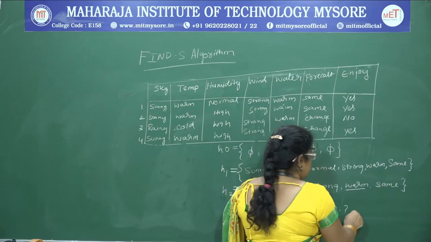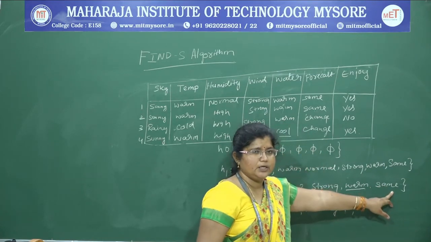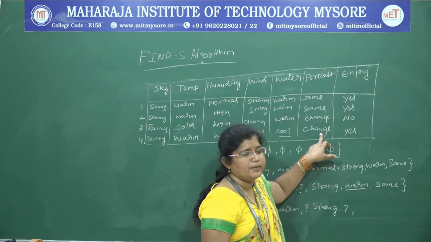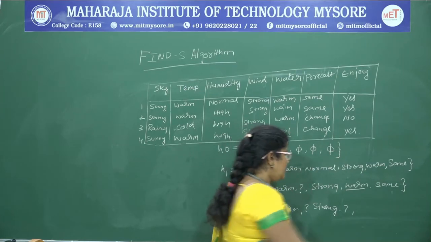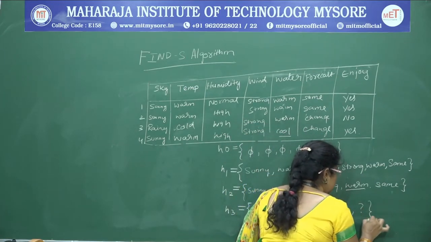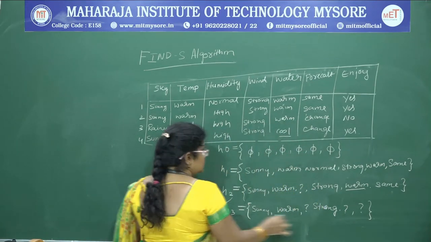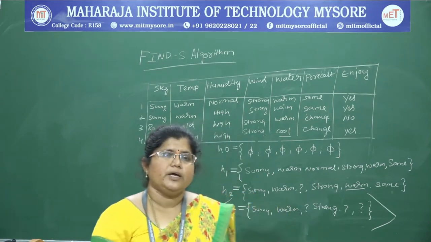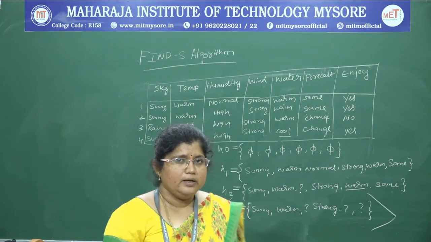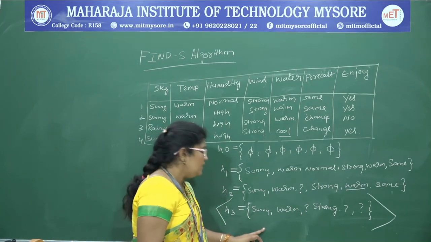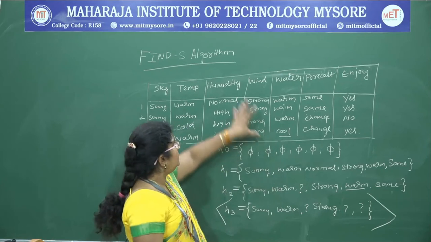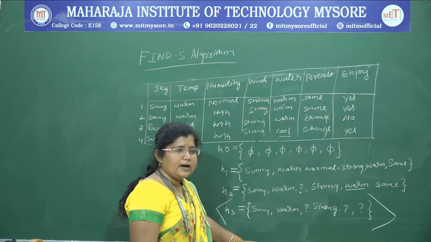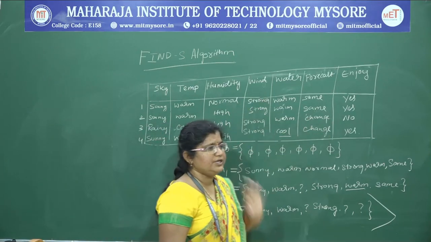Next, same and change. Same is present in the positive training example and change is also present in a positive training example. So both values are acceptable, then it will be replaced by a question mark. So this is the final hypothesis which we generated by using the Find-S algorithm. When you compare this hypothesis with the positive training examples of the data set, it is applicable to all the training set.